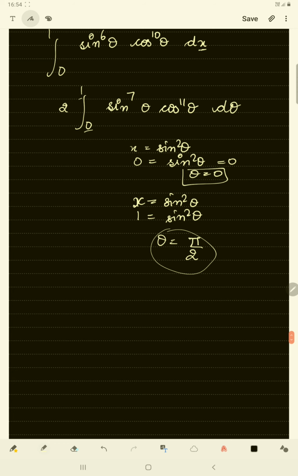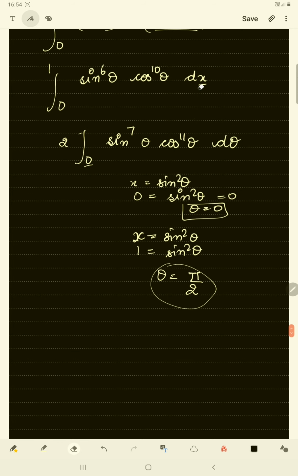So we're going to consider the minimum value. Since we had x in the substitution, we were supposed to integrate this with dx, so it was applicable to put the limit as 0 to 1 over here. But since we have changed the integration from dx to d theta, we are going to change the limits as well. So the limits change from 0 to pi by 2. Now, just by applying the gamma function, we can solve this in seconds.